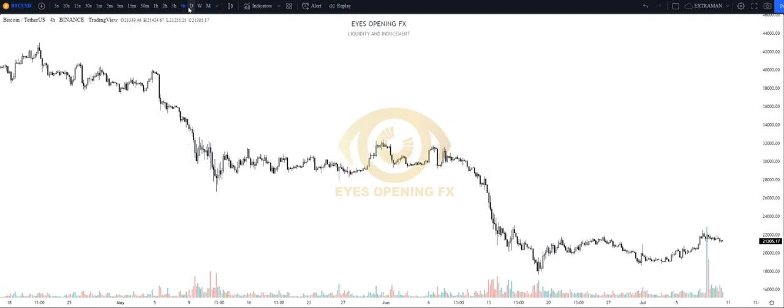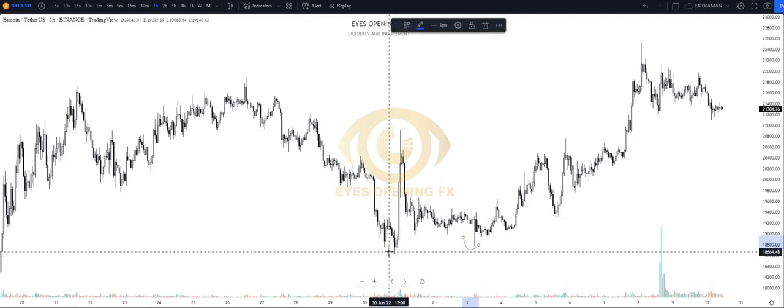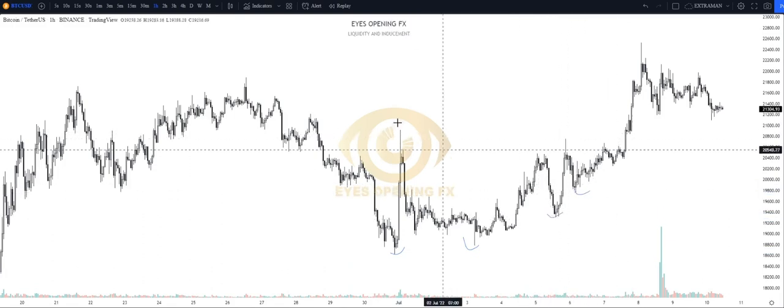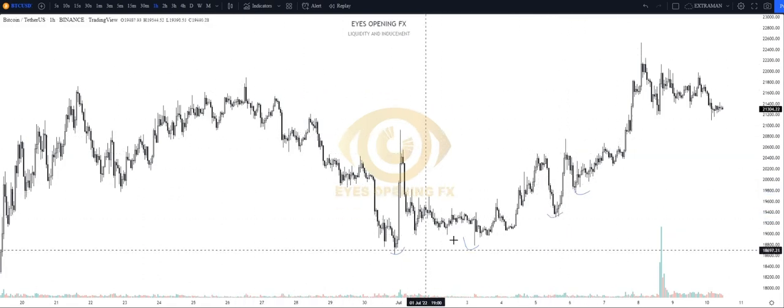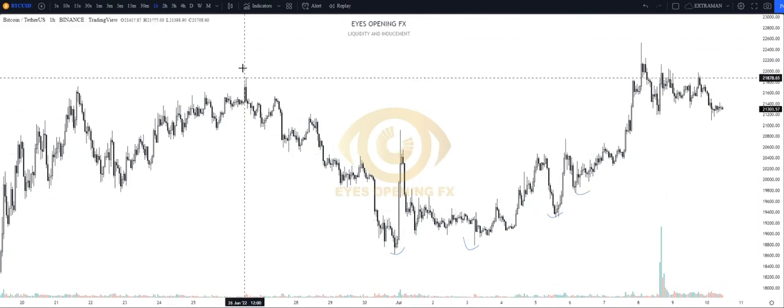Because on the 1 hour time frame, you can have swing point low, swing point low, swing point low, numerous, all right? All these swing point lows that you are seeing here on this 1 hour time frame,